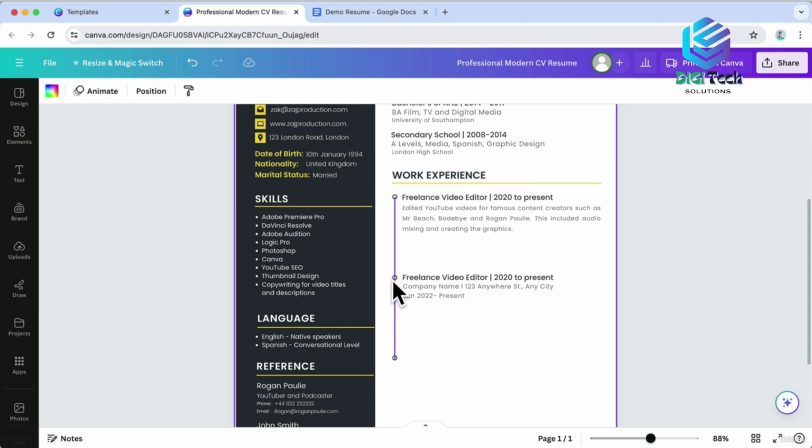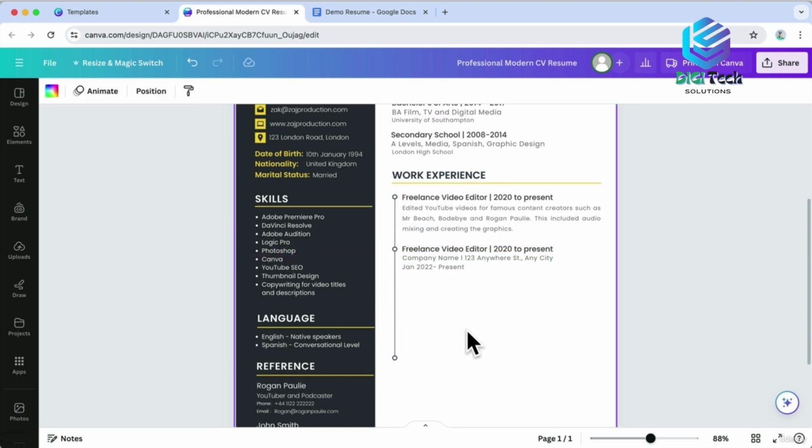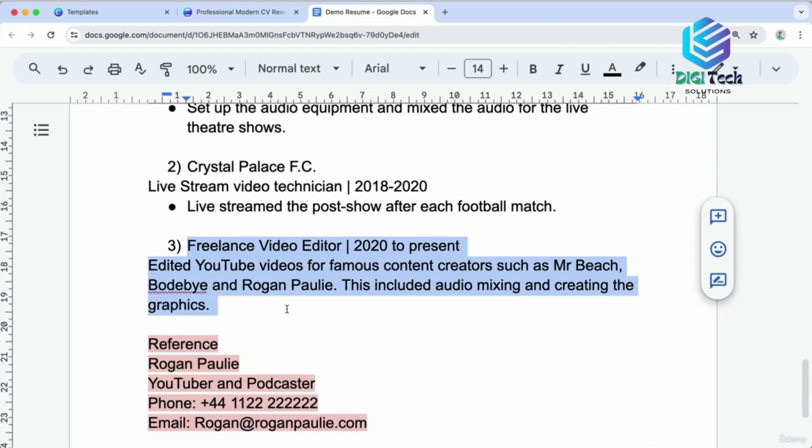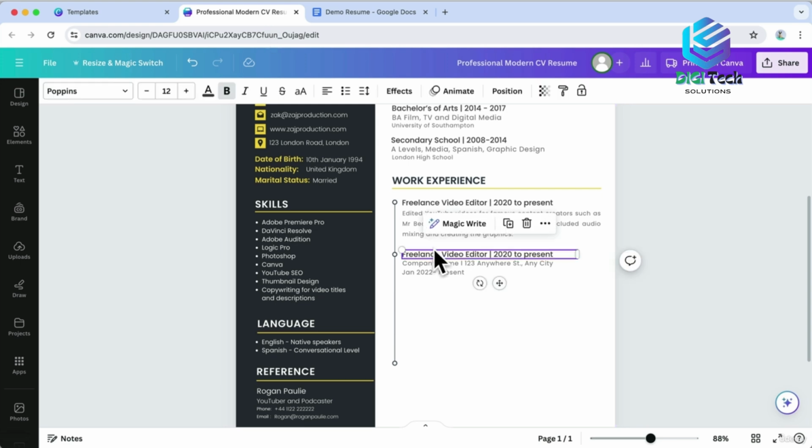Let's also move up this bullet point. And now let's move up these text boxes so it's neater and there's less space. Let's now highlight what we just added. And now let's copy over the next job, starting with the name of the company and when they worked at